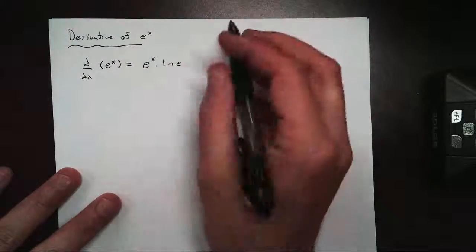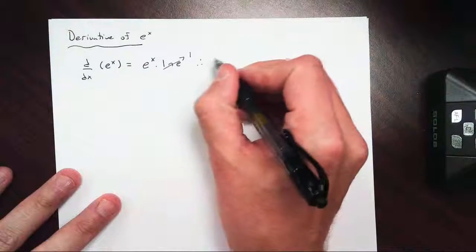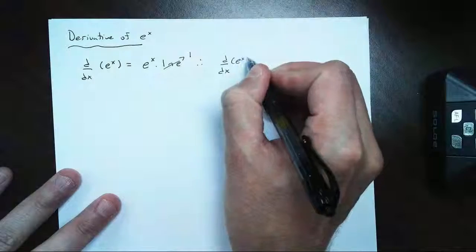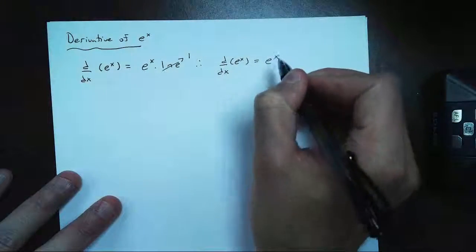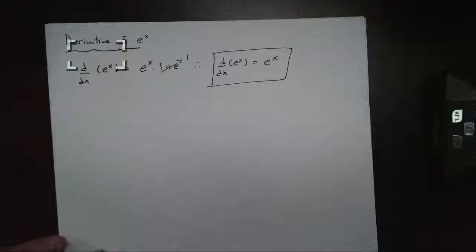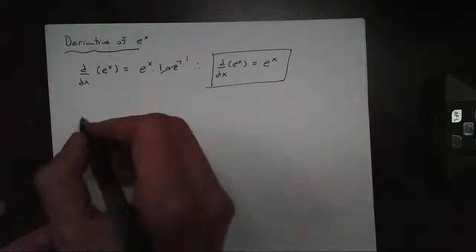Now we can simplify this because we all know that the natural log of e is just 1. So therefore the derivative of e to the x is just e to the x. And again, like I said, if you're interested in another video, I'll show you a quick proof of it. Now, with that being said, let's take a look at some examples of when we take the